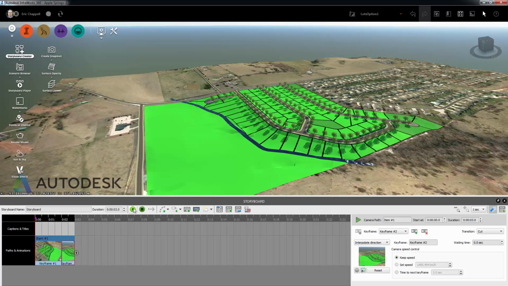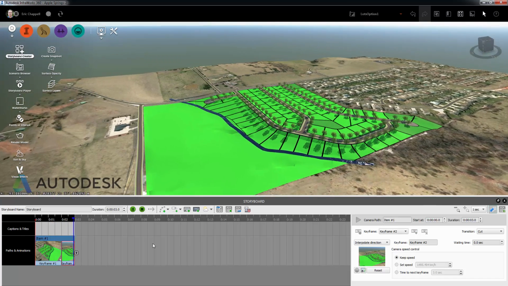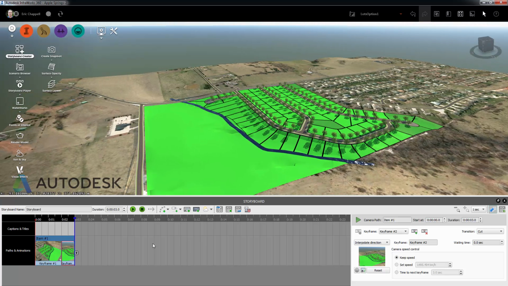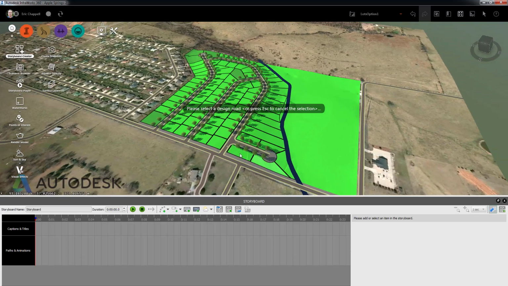And what the storyboard does is it creates transitions from one keyframe to the next. So you can continuously create these keyframes and as a result create an animation. Now what I'd like to do is let the software create these keyframes for me to simulate driving down the road. And to do that, I'll start by selecting the Create from Design Road option and picking a design road